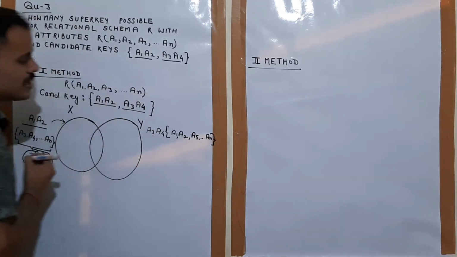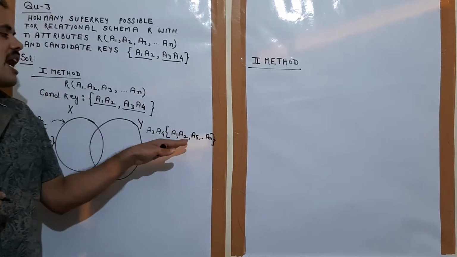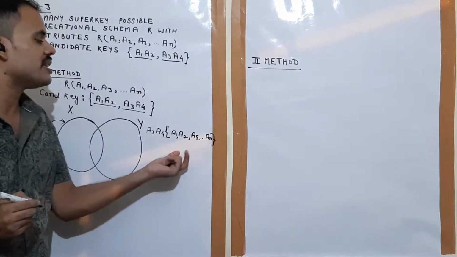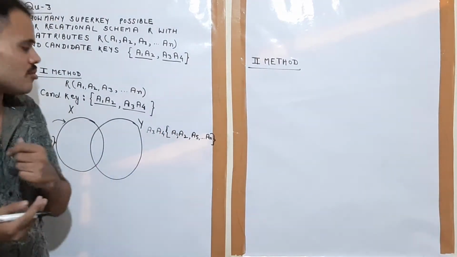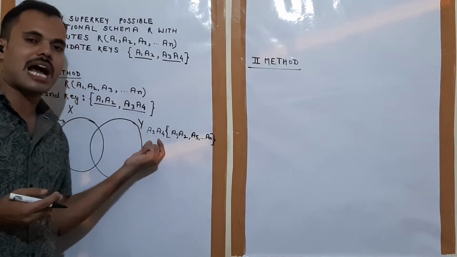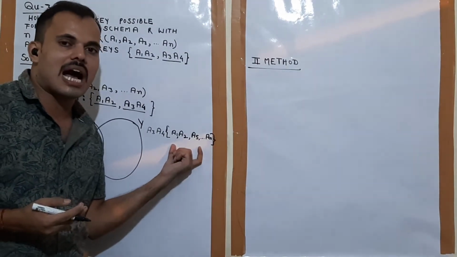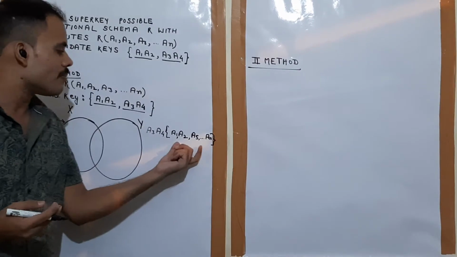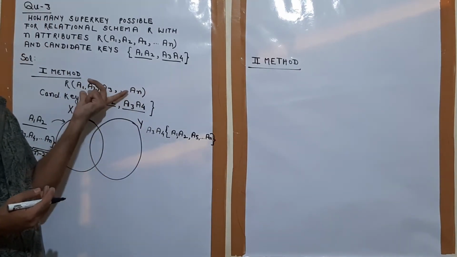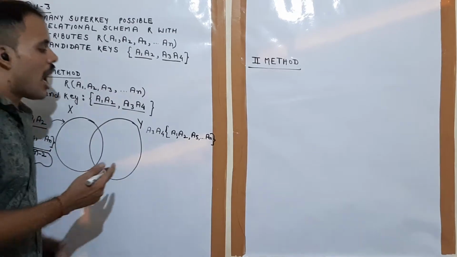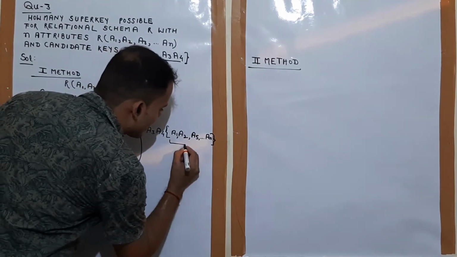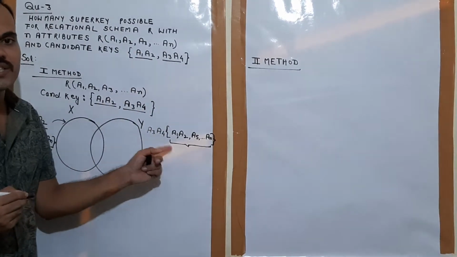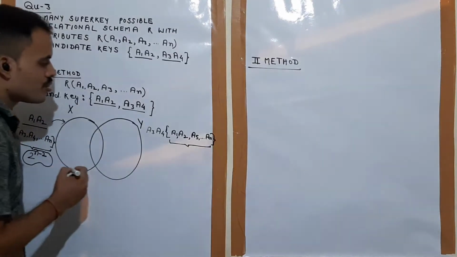The other attributes are these. And now, how many subsets are possible on this set containing n minus 2 elements? This set also contains n minus 2 elements. A3, A4 are the candidate key, and the remaining attributes are n minus 2. We are subtracting these two from these n attributes. So how many attributes are there? n minus 2. So how many subsets are possible of this set containing n minus 2 elements? 2 to the power